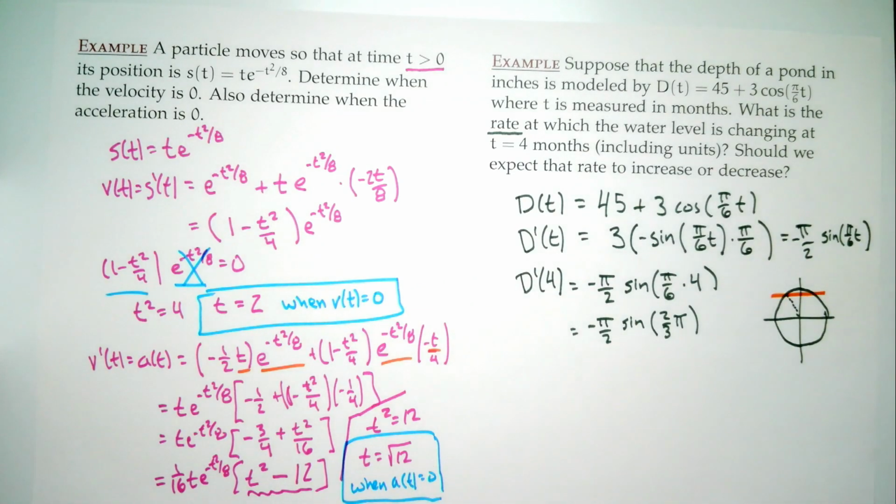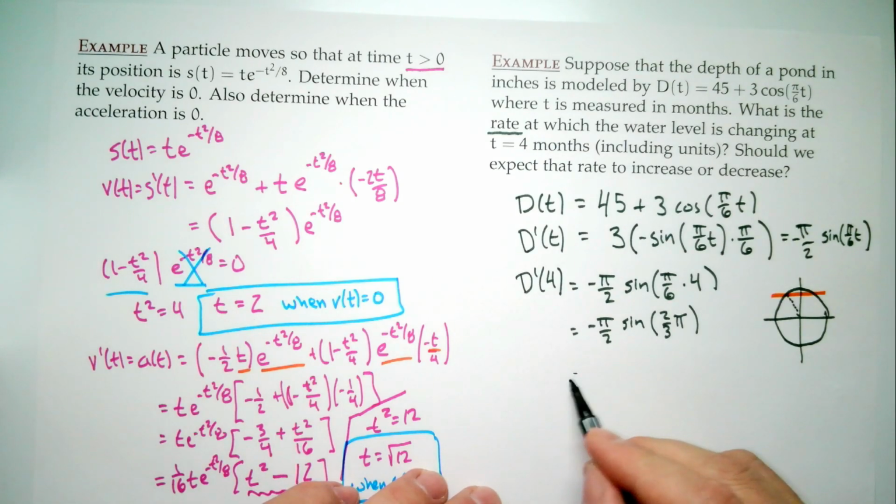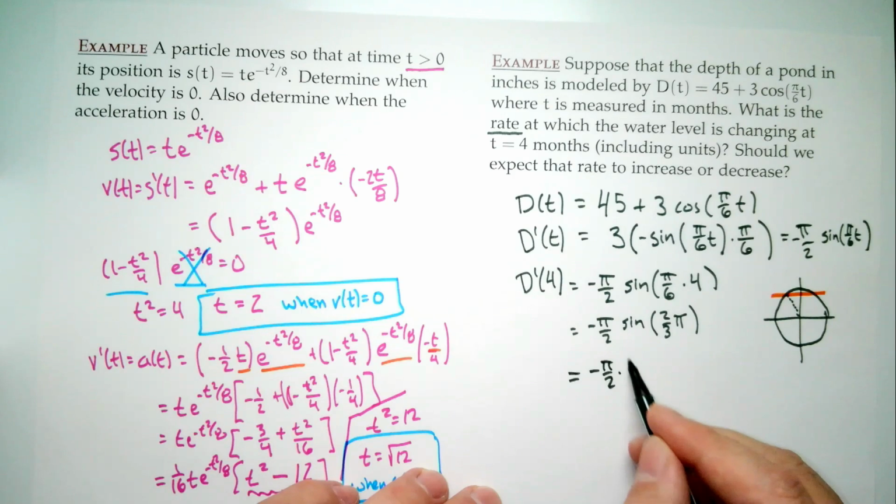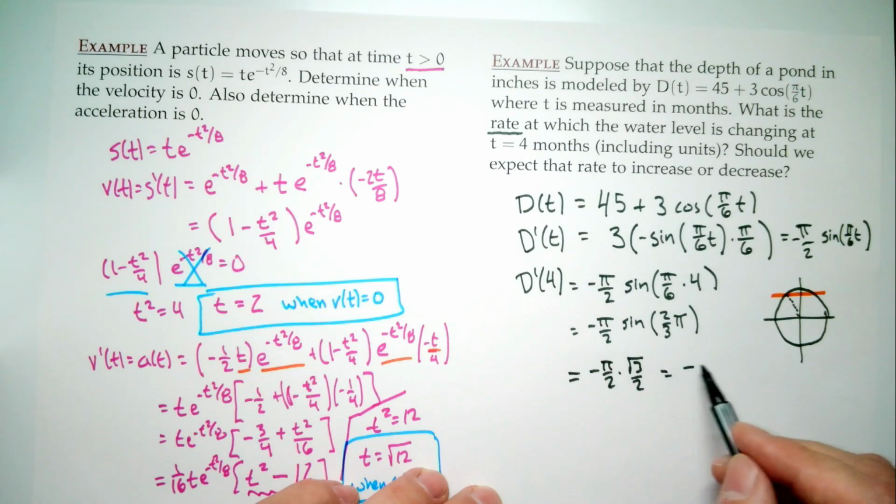It turns out that sine of 2/3 pi is the same as sine of 1/3 pi, and you're probably thinking, I don't know that one either. And at this point I'll say, sine of 1/3 pi, if you really needed it, we'd probably throw that on the test. We've thrown it on the test every time for the last several years. We do expect you to know things like 0 and pi halves and pi fourths. But sometimes pi 6, pi thirds, that's not maybe so obvious. Does anybody know what it is, though? Square root of 3 over 2. So this becomes negative pi halves times square root of 3 over 2,